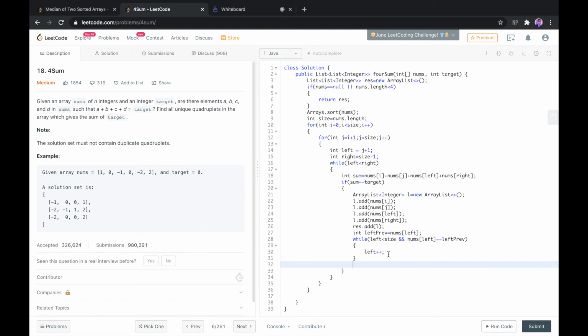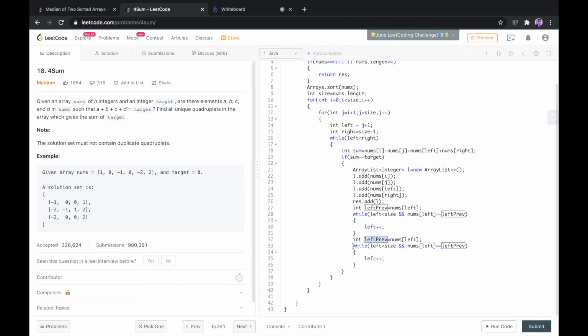Now similar would be the case for right as well. So I'll just paste it here, change it to right prev. It should be right. And this right should be greater than the left, not size, since we already started right from the end position, so it will be decrementing its value downwards, so it cannot be compared to the size.